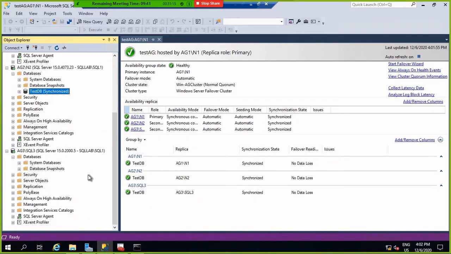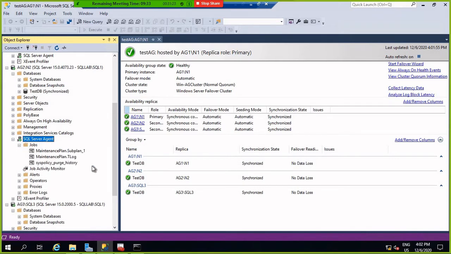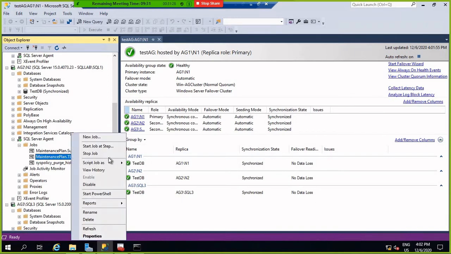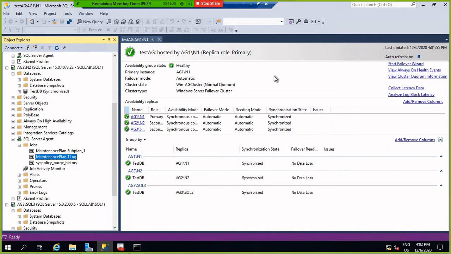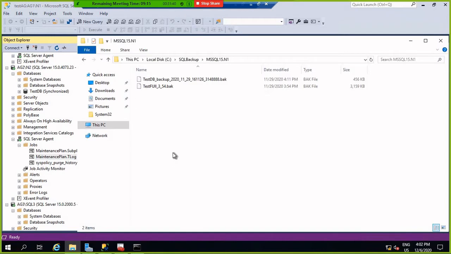There is a job for backup we have already created here. Test job, I started the test job, it got successful.